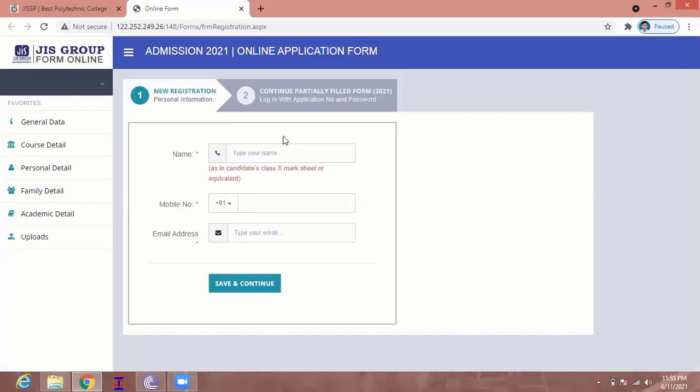After clicking this pop-up button, the Admission 2021 tab will open, in which at first you have to go to the new registration process and fill up your own details. Here you have to type your name, and the mobile number you have to put in this specified area.